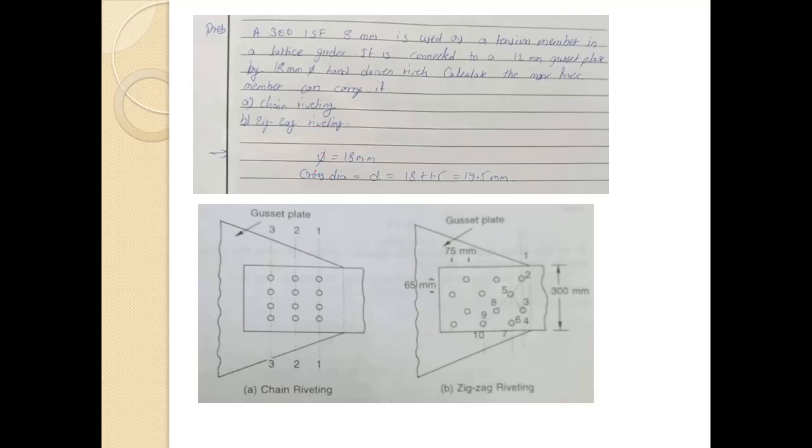The diameter is given as 18, so the gross diameter is 18 plus 1.5, that is 19.5. Here you can see the chain riveting and the zigzag riveting that has been done. As we know, these are the sections 1-1, 2-2 and 3-3 in the chain riveting where the failure can occur. And in the case of zigzag riveting, there are many